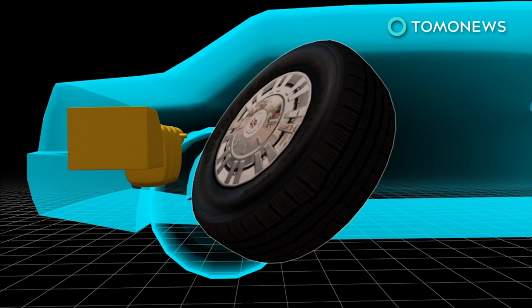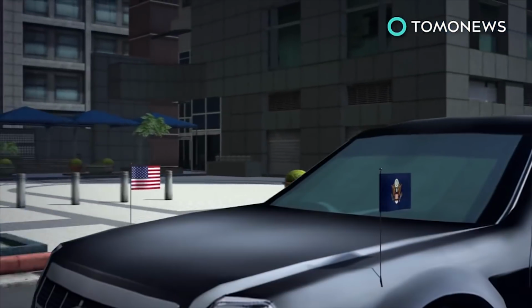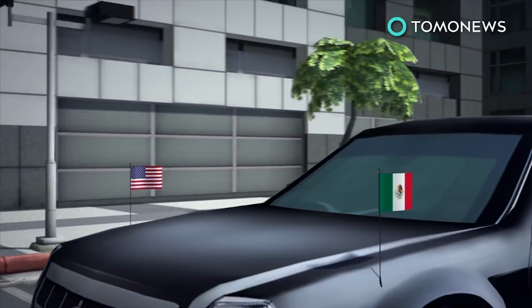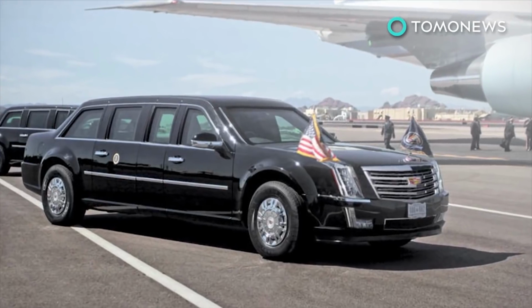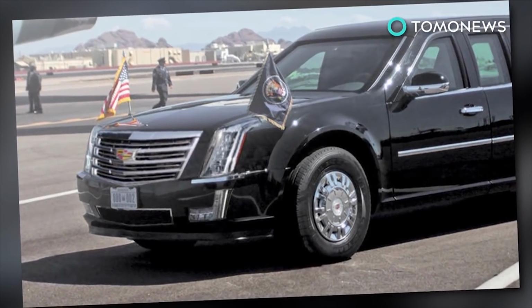the tires are destroyed. The vehicle bears the American flag and the presidential standard while traveling domestically. When abroad, the presidential standard is replaced by that country's flag. The Beast will reveal its upgraded look on January 20th as it welcomes the 45th President Donald Trump at the